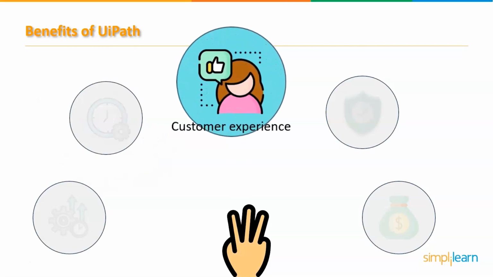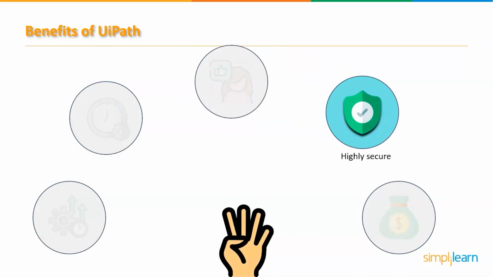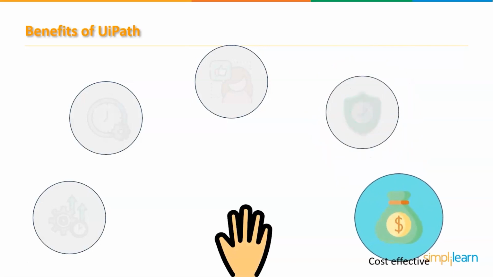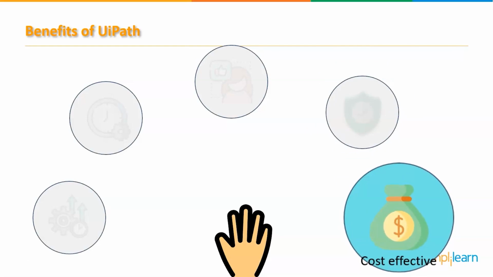In RPA-adopted business, routine, repetitive and boring tasks are assigned to robots, allowing employees to focus more on customer service. Company may meet consumer needs with the help of professional and knowledgeable employees. Highly secure. There is no risk of information leakage from one component to another because it performs single tasks. As a result, data access is strictly monitored and reported. Cost effective. UiPath has minimal operating cost and more efficient use of IT resources.